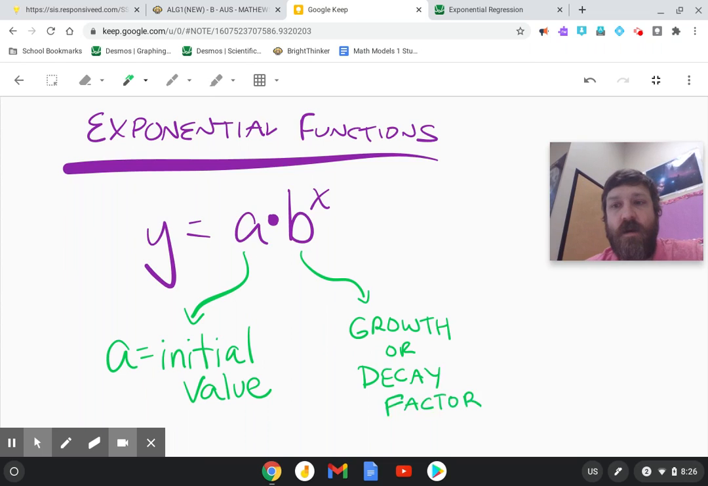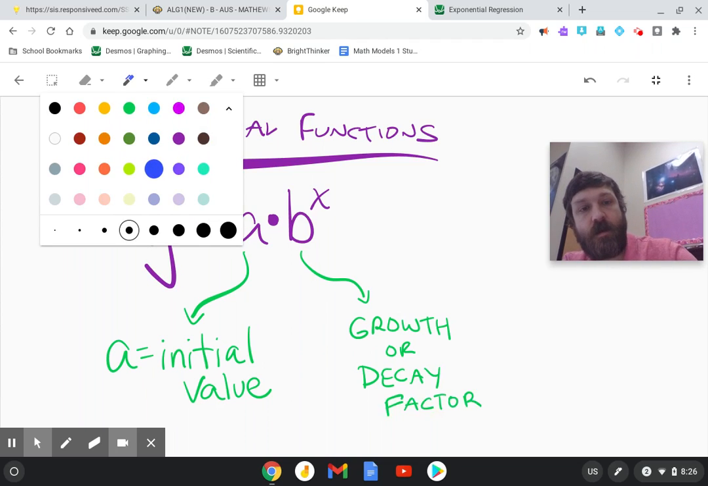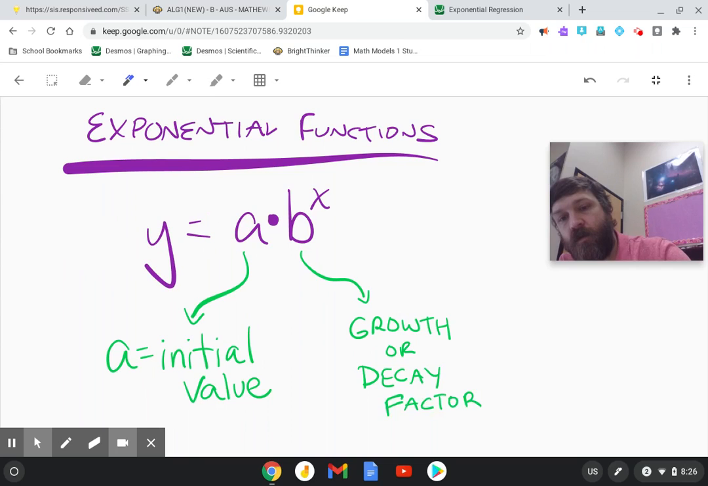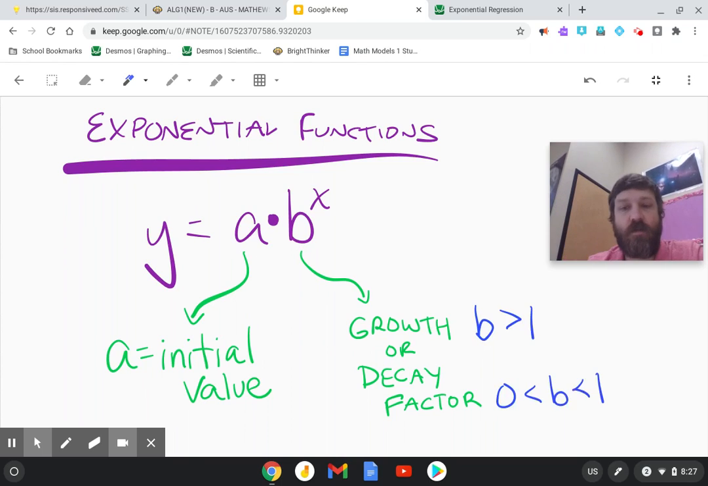For growth, remember b is going to be greater than 1. And for a decay factor, b is going to be between 0 and 1. We talked about that in a previous lesson, but I want to make sure it's clear when it's growth and when it's decay. So one thing we're going to do is interpret